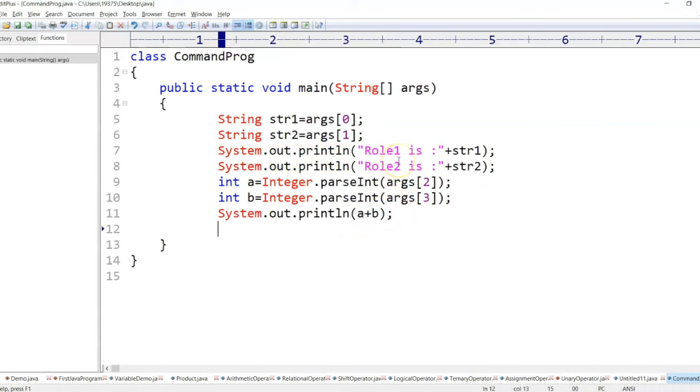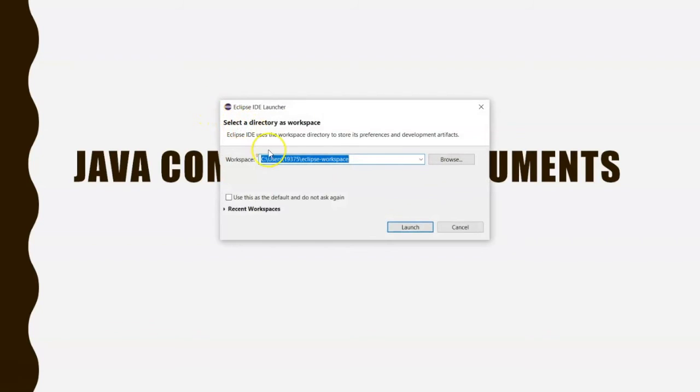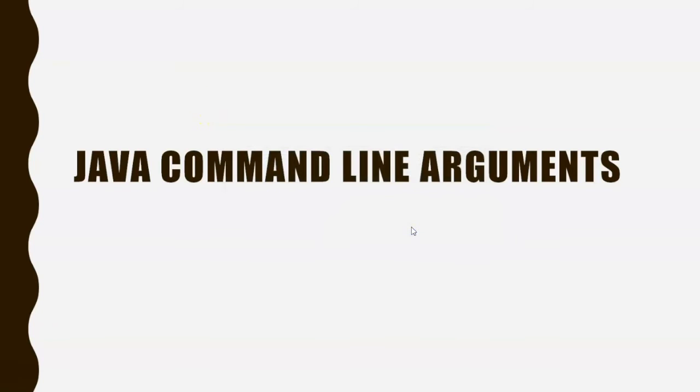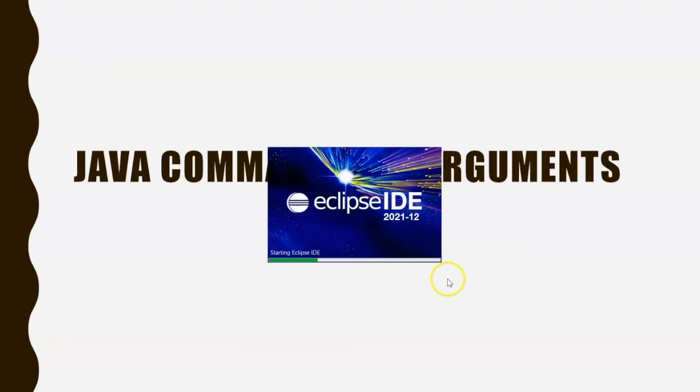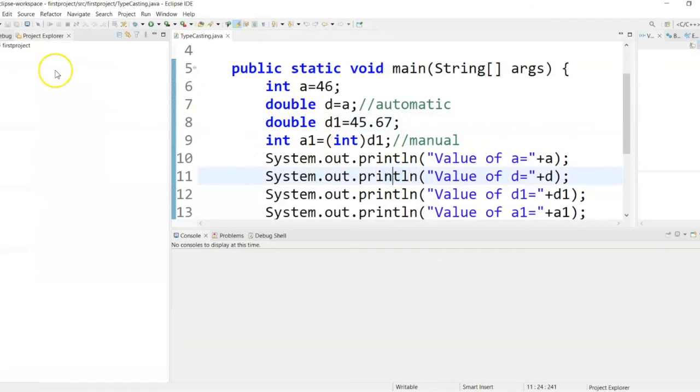So let's see the same example, how we can execute it in Eclipse. All right, so I have this program.